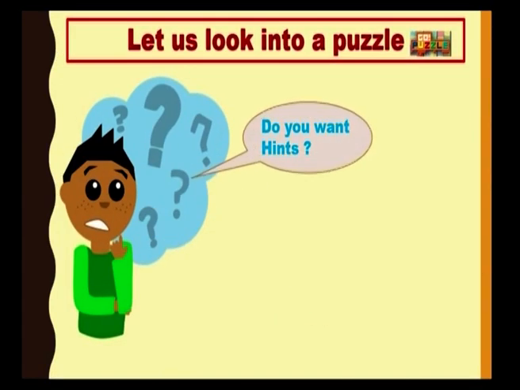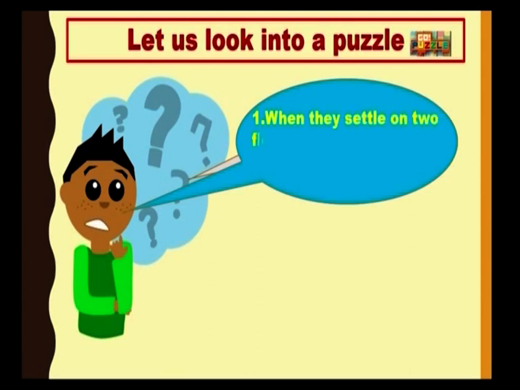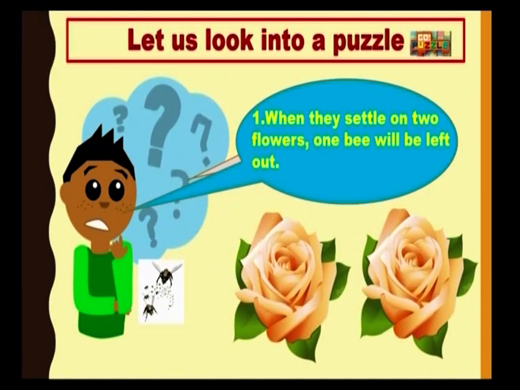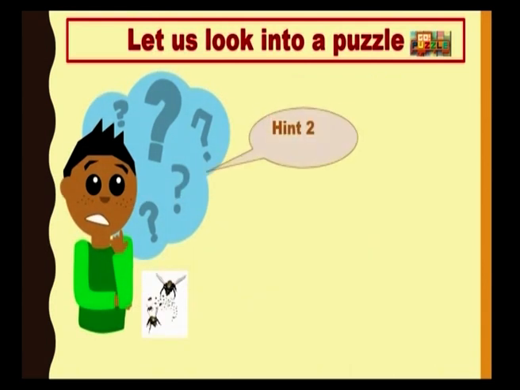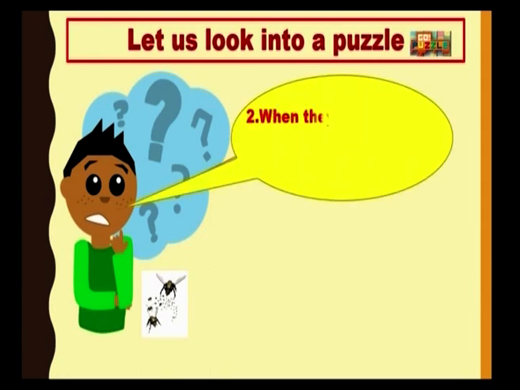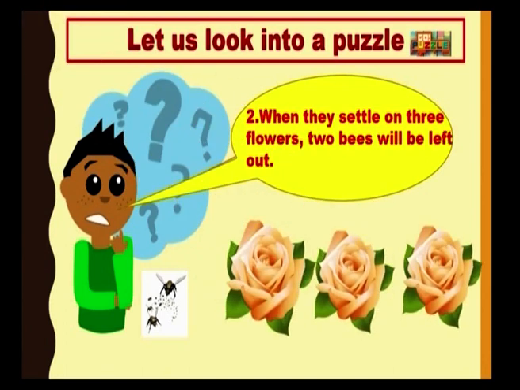So let us see some hints. The first hint: when they settle on two flowers, one bee will be left out. That means two flowers are there, an equal number of bees settle on the first flower and on the second flower, then only one bee is left out. The second hint: when they settle on three flowers, two bees will be left out. Three flowers and an equal number of bees settle on the first flower, second flower and third flower. Then only